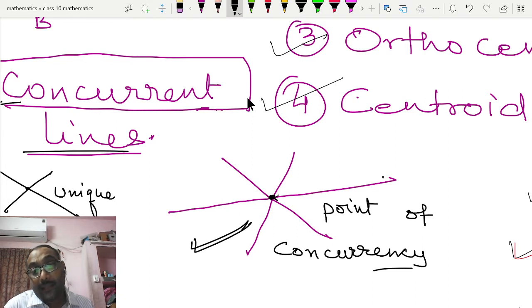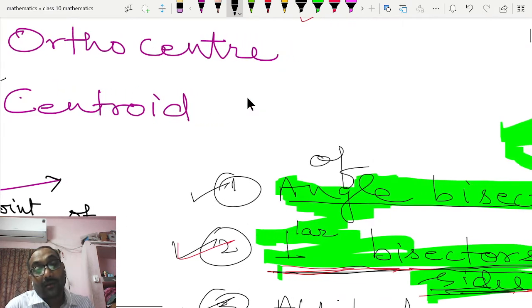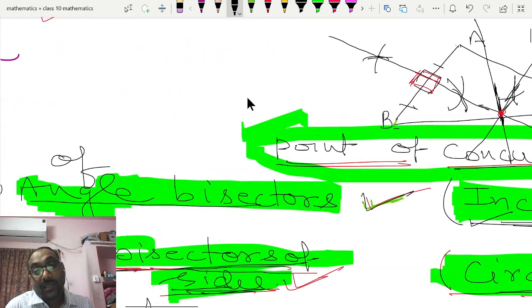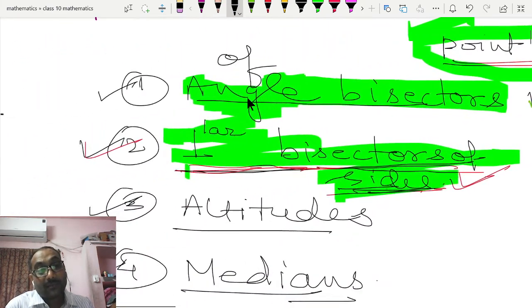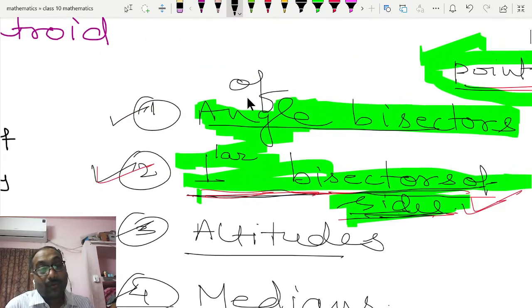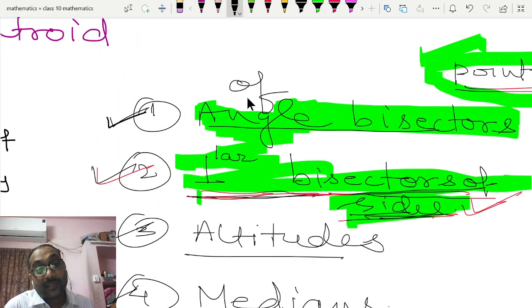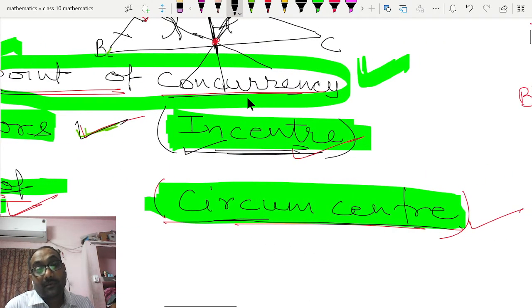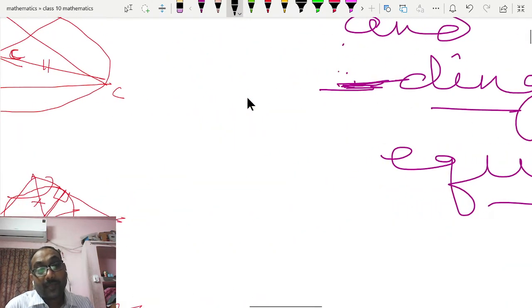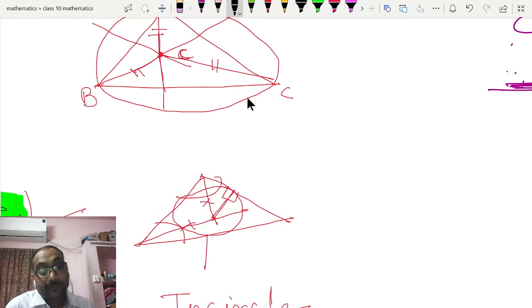Where all the lines pass through this point. Okay, so concurrent lines, how many concurrent lines are there in a triangle? We are starting with the four names. Number one is angle bisector, and you can see that in angle bisector,